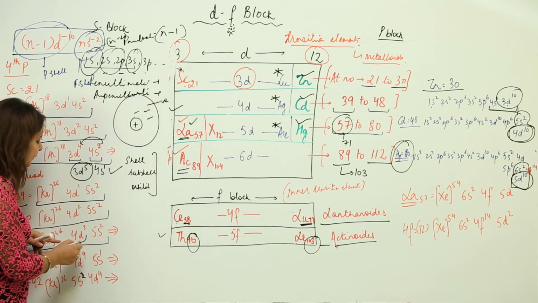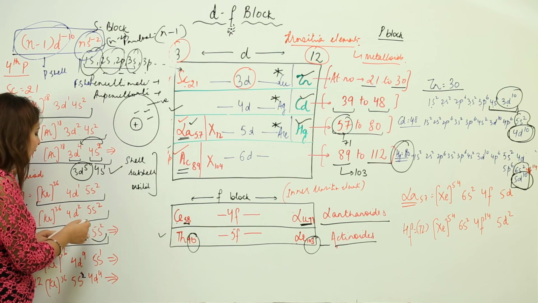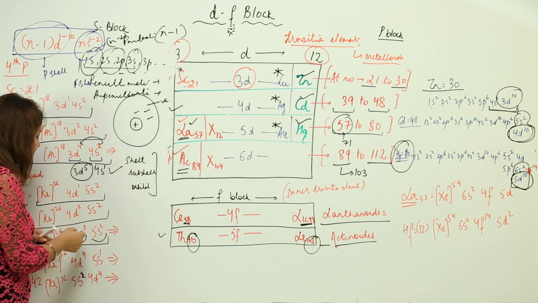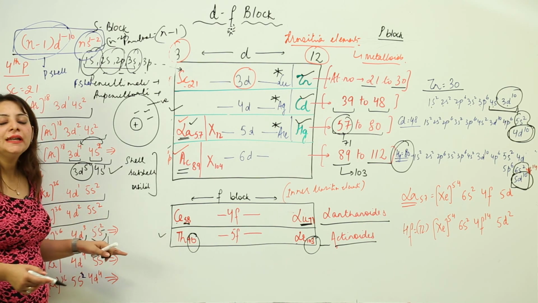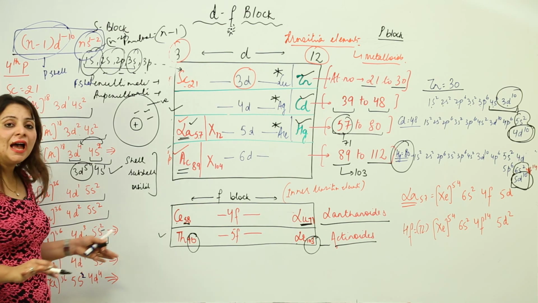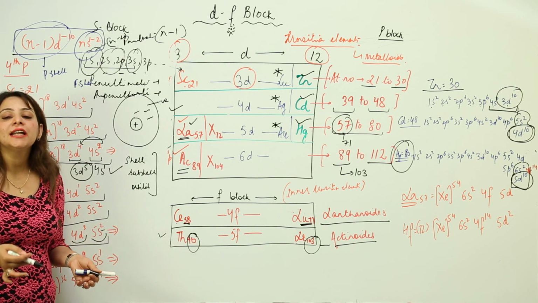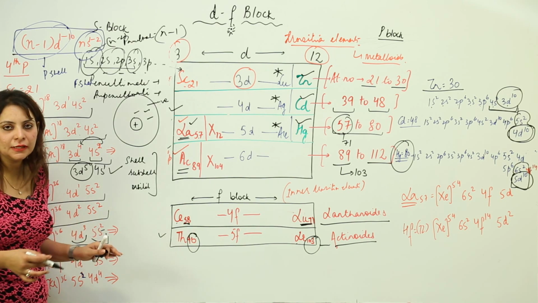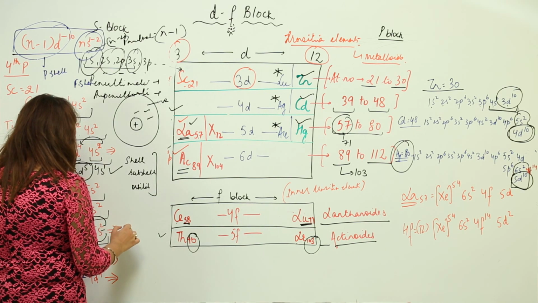Here also there is a slight difference of energy between 4d and 5s. What happens is, you have been filling the electrons first into s and then into d, you know that. When we add one electron to 5s, it is actually stable. But when we add the second electron, the energy of 5s increases to an extent that it makes the configuration or the element unstable. So at that time, one electron from 5s jumps into 4d